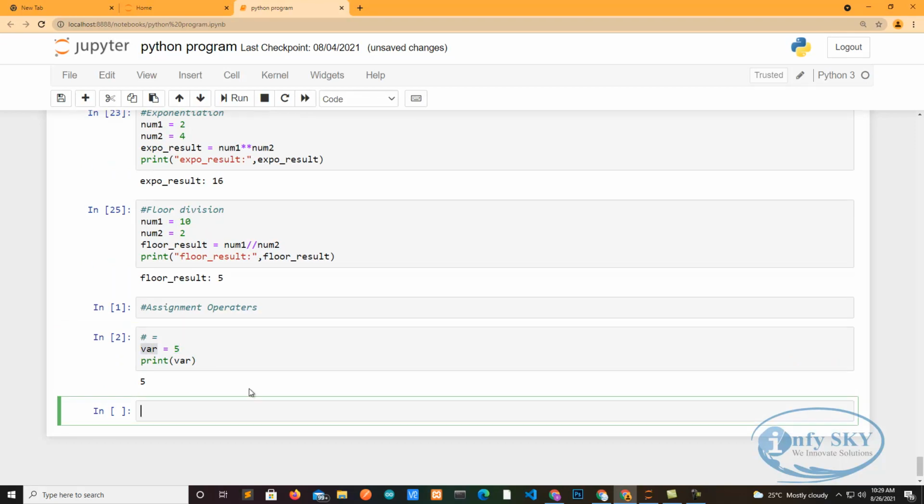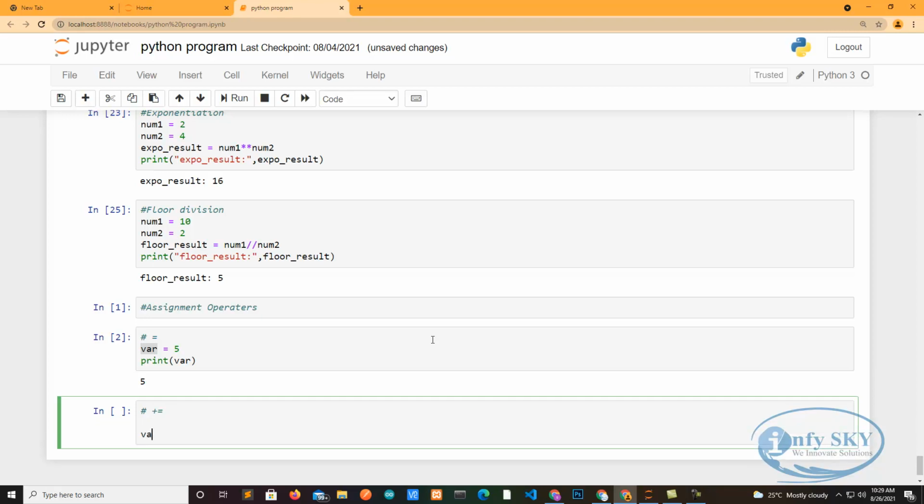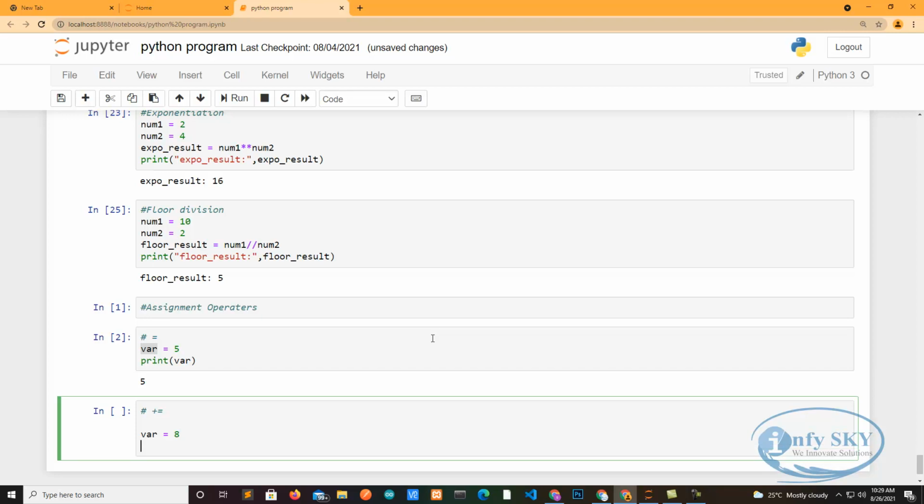Then next we'll see plus is equal to. So what will be the result for that? We take first plus then equal to. I will write var is equal to 8, then var plus is equal to 4.